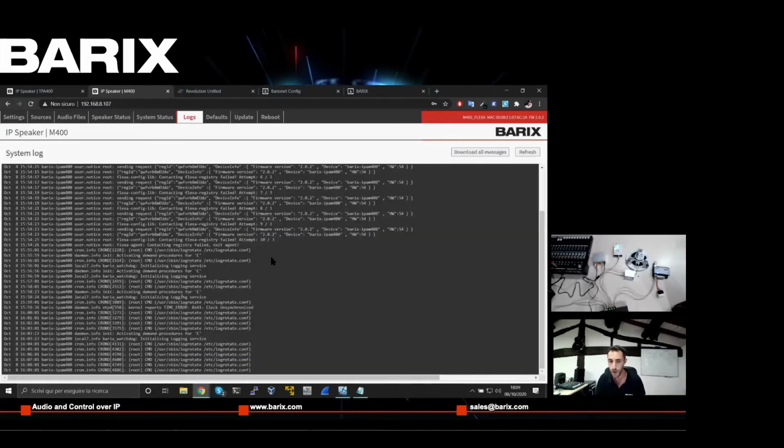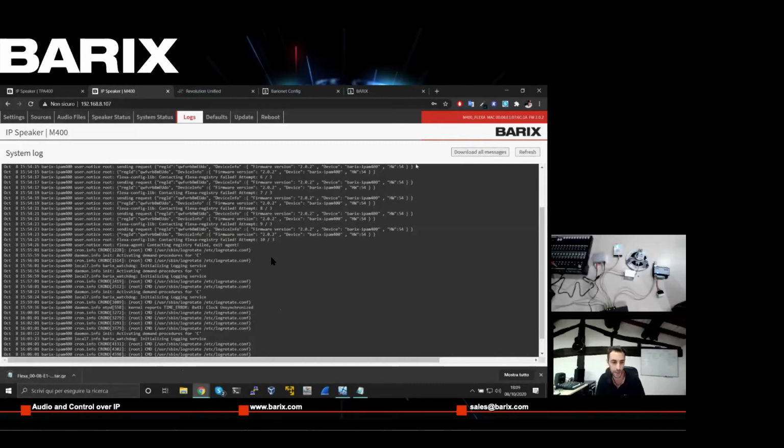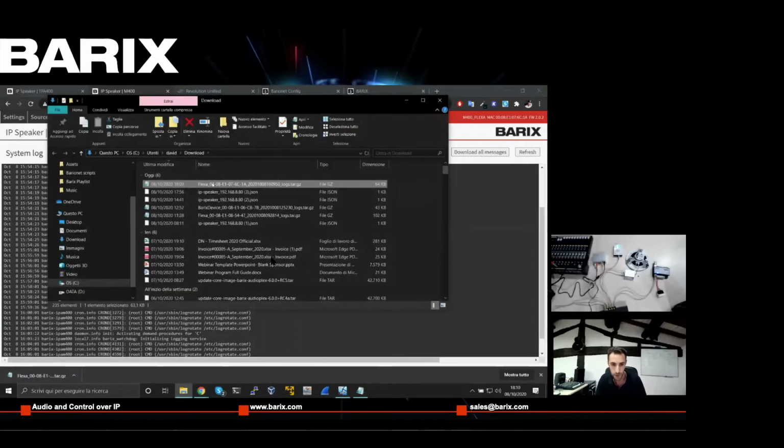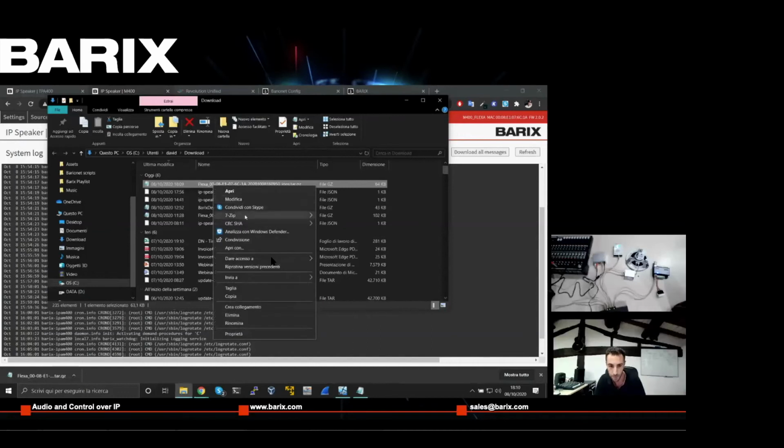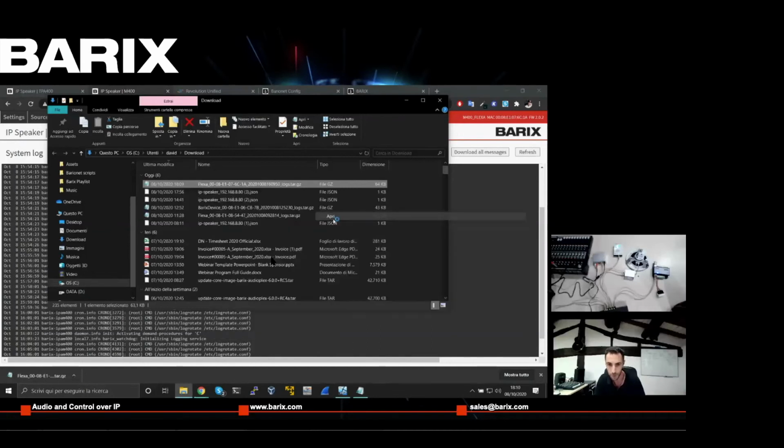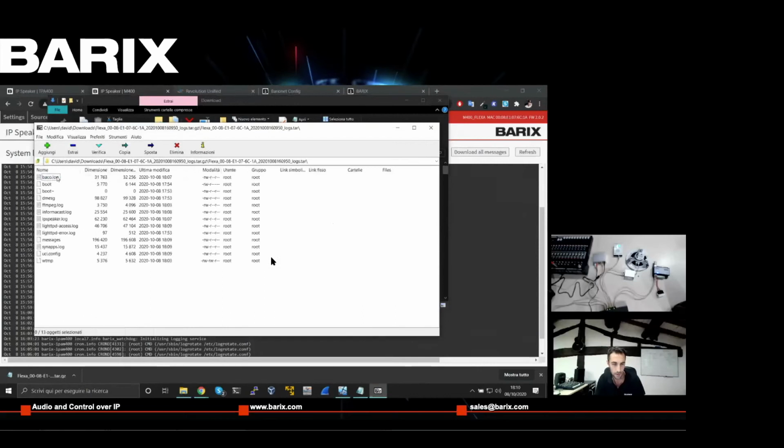The logs of the device, here you can see the messages from the kernel, but you can even download all the messages of the device, and they are well packed and separated depending on the components that printed the message. So if I show you the content of the log messages, let's open this up. We can check